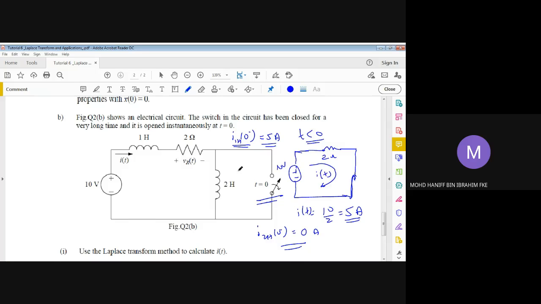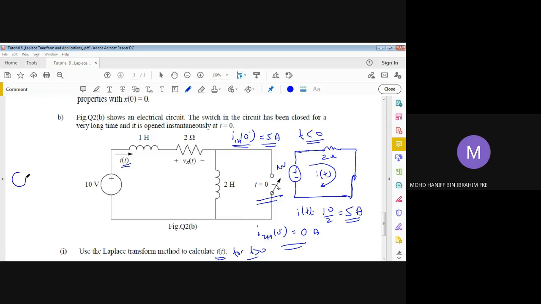So from here, because the question needs us to use the Laplace transform to calculate IT, we need to find the IT in the circuit for t bigger than 0. Okay, so from here, we can sketch the S domain for this circuit. So we are going to get, if I can use this side,